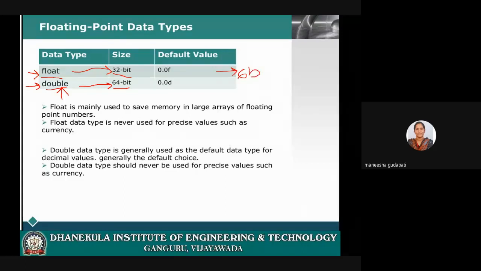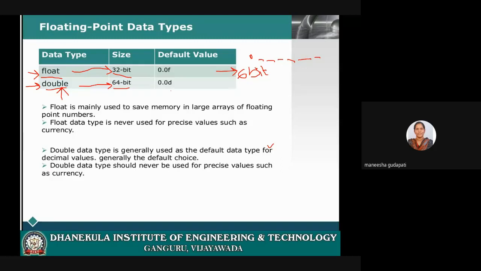What do you mean by 6 digits of precision? After the decimal, the float is going to store only 6 numbers. If you want to store more than those 6, then go with double.